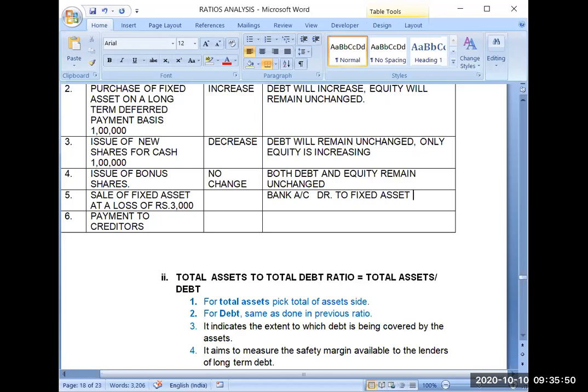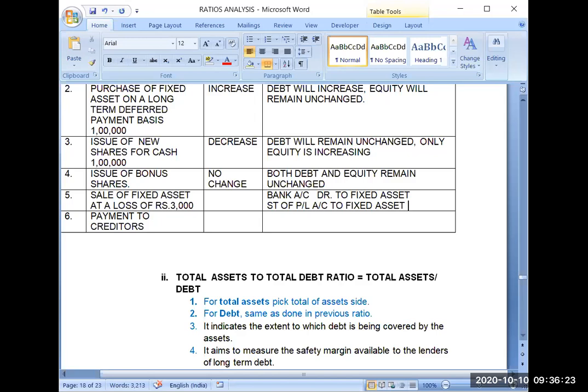But one term is there, that you have incurred a loss. So that loss will be charged to profit and loss account. Entry will be statement of profit and loss account debit. If you did the chapter of depreciation last year, then you will be able to connect easily with this point. Whatever losses you were having, you are transferring that loss to profit and loss account. Profit and loss account debit to fixed asset. So this loss will be transferred to profit and loss account.